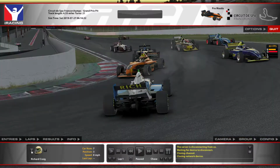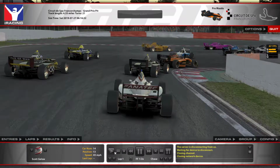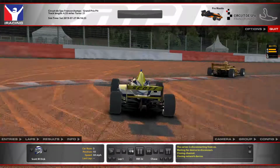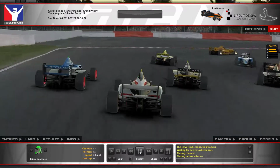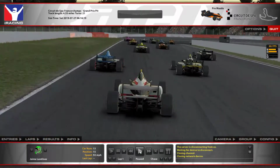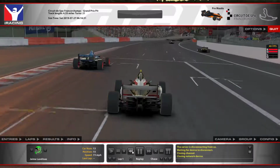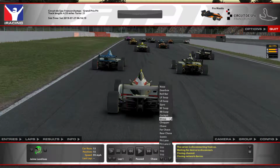So it runs into him, and then we go farther back in the field. Let's see, where is it here? So these two guys here, they see the accident, see the car spin, and they're both trying to squeeze through here, and they get tangled. They're lucky they got out of there with no real damage. The ideal scenario here, when you see this, if you're one of these cars farther back,